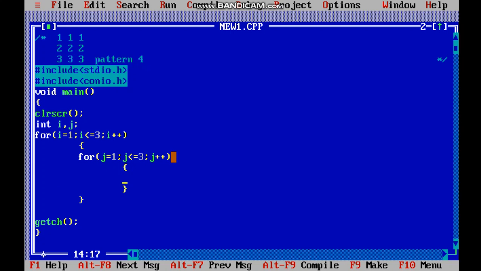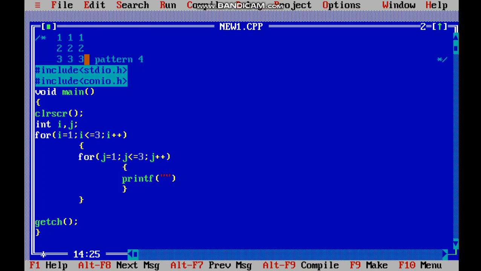First let us do what we are asked to. See guys, we need to print 1 in the first row, 2 in the second row and 3 in the third row. Now our first row is named 1 because our initialization this time is from 1. So this is our second row, third row, column number 1, column number 2, column number 3.